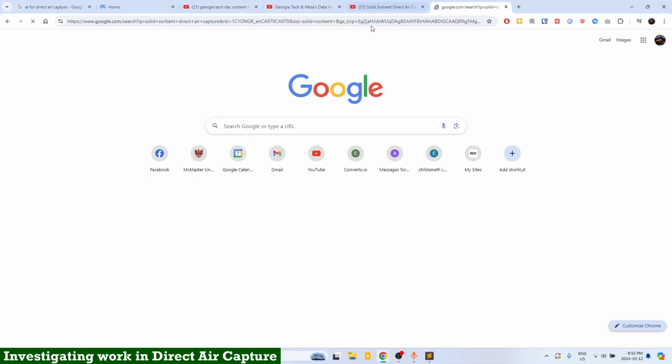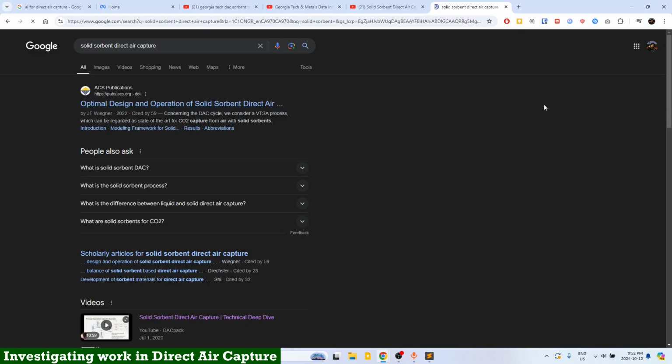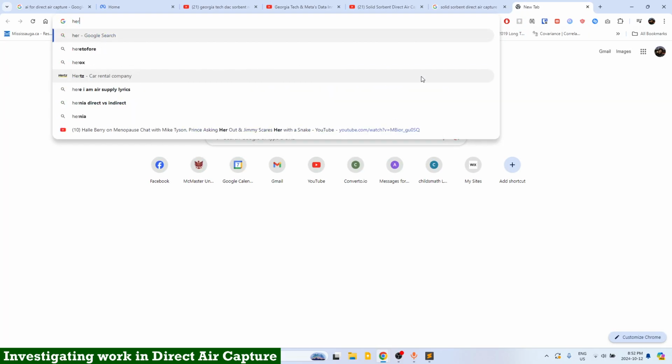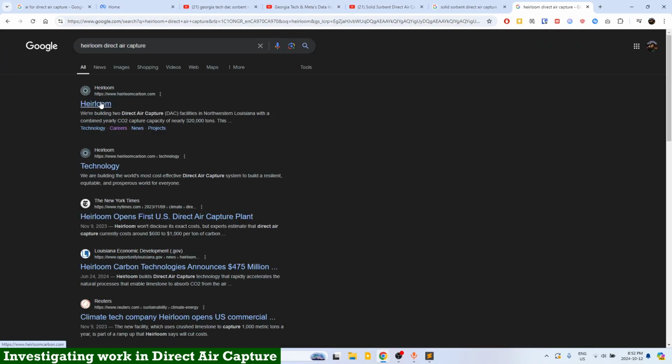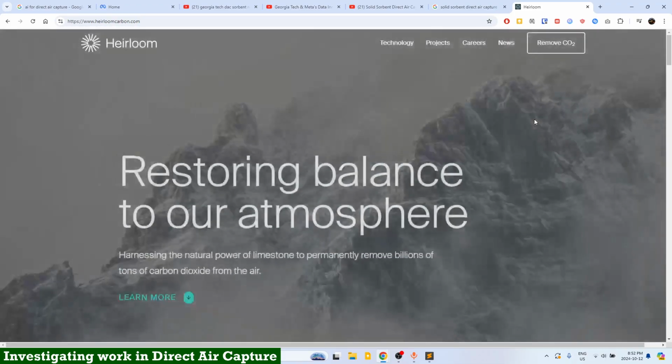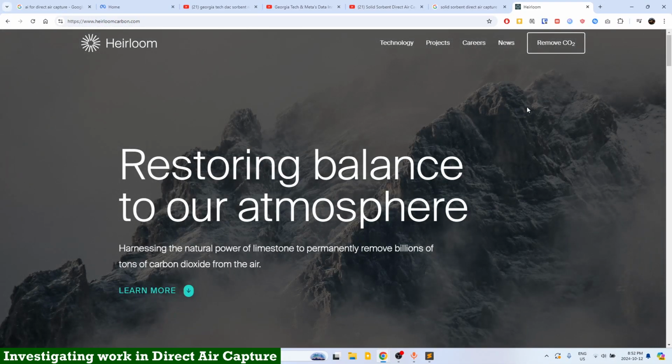So solid solvents. Direct air capture. Solid solvent is what I was looking at. And Heirloom uses rocks. Yeah, so it's basically rocks. So maybe there's no potential in